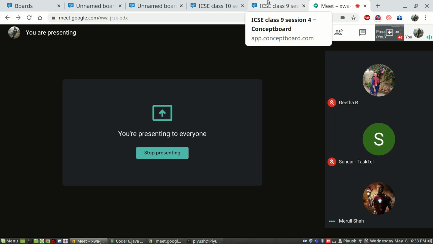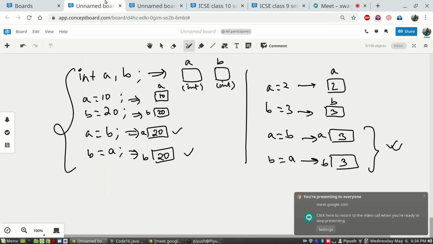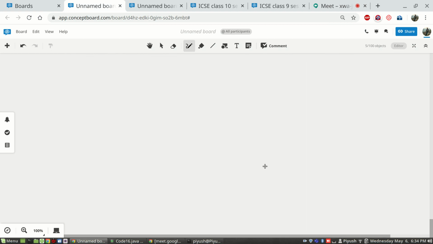So that means that approach won't work. But how to do it now? Okay, fine. I'll tell you a very small story type of puzzle, and then you tell me. You got that expression, right? A equals to A plus B, B is equals to A minus B, and A is equals to A minus B. Okay, we'll come to that solution later, but without that also we'll be solving. Just listen to a very small two-line puzzle. I'll give you a scenario and then tell me what you will do.